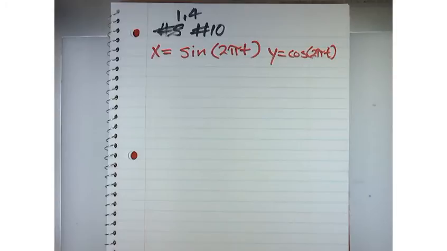y equals cosine of 2 pi t. And so what they're asking us to do, part A, we need to graph the curve, okay? And then part B, we need to find the Cartesian equation. So I'll graph the curve on my graphing calculator on my computer in a second, but let's try to figure out what the